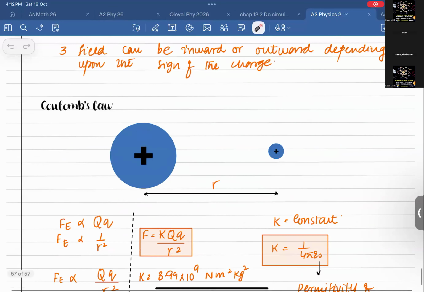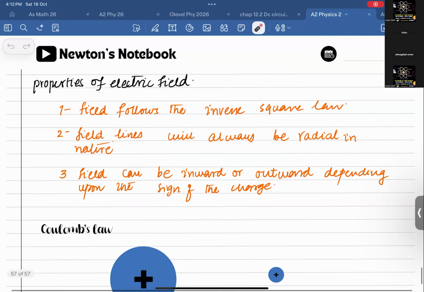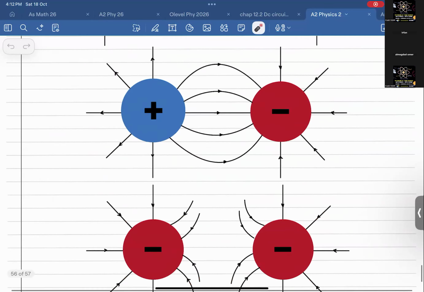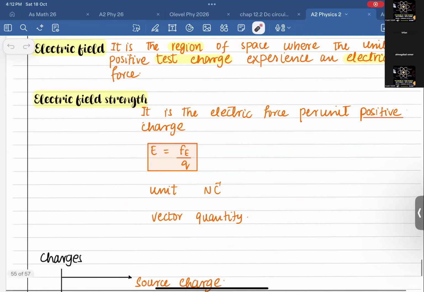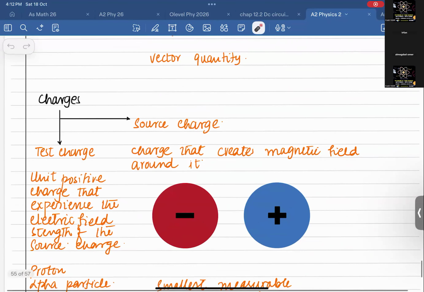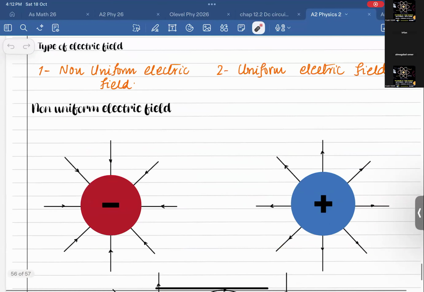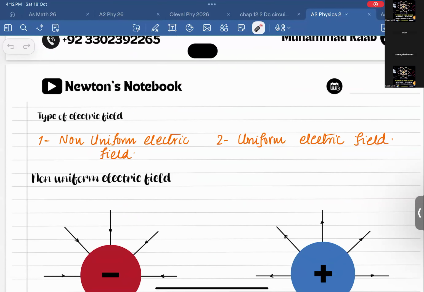Okay, so previously we did some of the concepts, right? The first thing was, we started with the electric field. We discussed the simple concepts, and then we talked about the types of electric field, the uniform and the non-uniform. And we were discussing the non-uniform field,